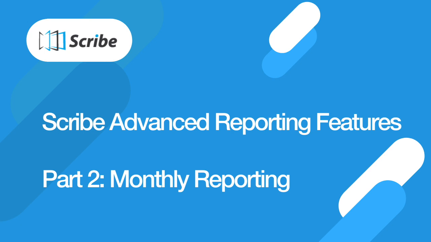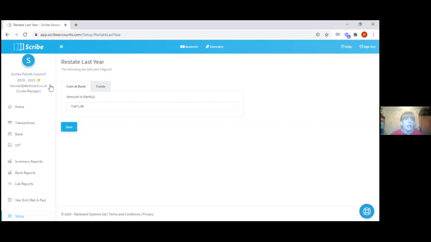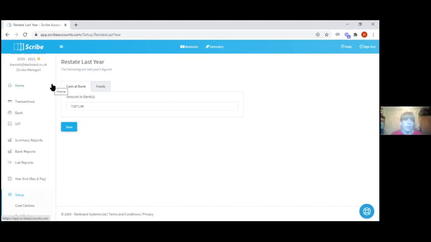Good. So should we move on to the next part, which is the monthly reporting? So the two parts of it, the requirements monthly, and also what are good reports to run every month that councillors would like to see. So the main things, the ones that we recommend in Scribe that everybody would want to be using are firstly